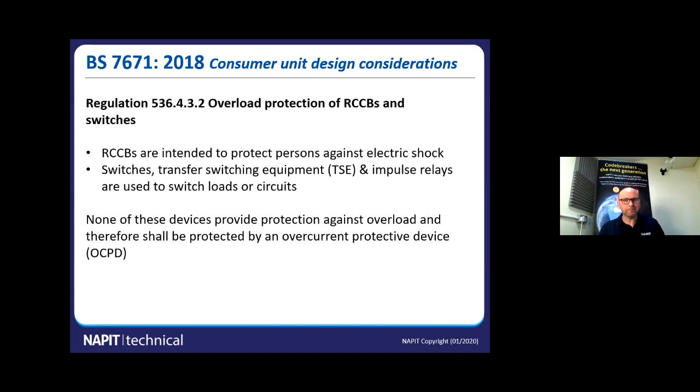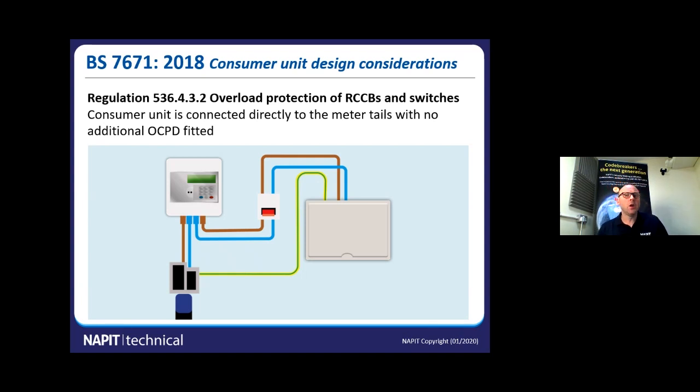So here's the thing. Let's look at a consumer unit. That consumer unit contains switches, it contains RCCBs. Where's the overload protection for it? So this is a new regulation, and we've got to consider now that the only overload protection for that board is the DNO's service cutout fuse, okay? And we don't always know what that's rated at. So it's quite different when we look at commercial and industrial settings. Almost always we will feed switchgear with a switch fuse or something with a fuse, to provide overload protection. But in a residential situation such as this one, we've got to now look at this regulation and say, how do we meet it? So